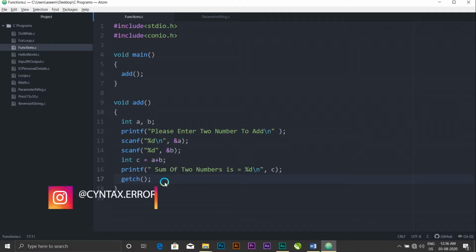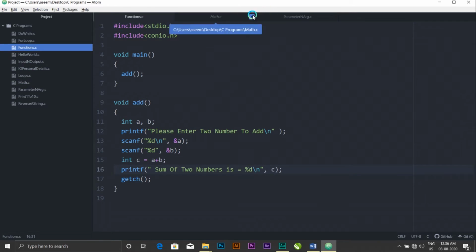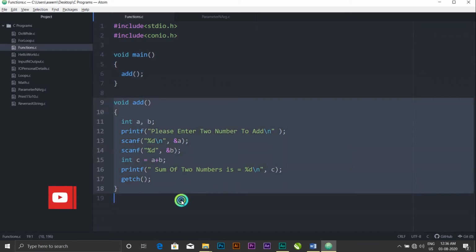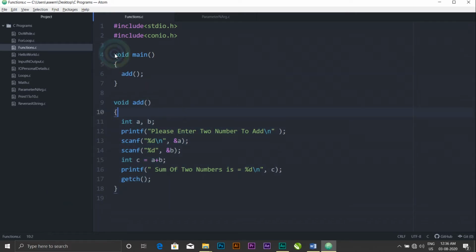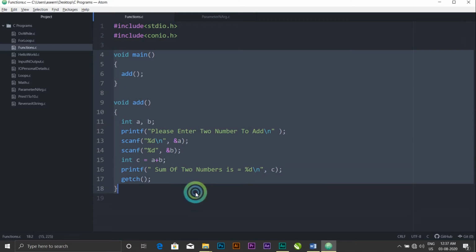With this definition, we got a little idea about what an argument and a parameter are, right? Here we know what a function call is, and what a function definition is. Let me show you again just for reference. So this is a function call and this is a function definition. We'll take the same example where we call a function to add numbers. Let me just copy this in a new file.